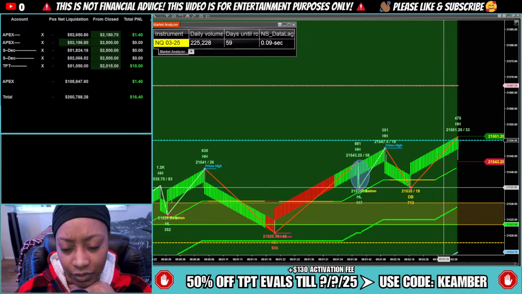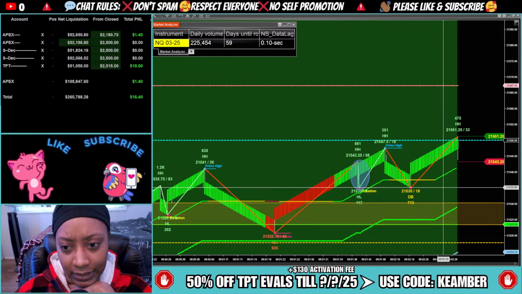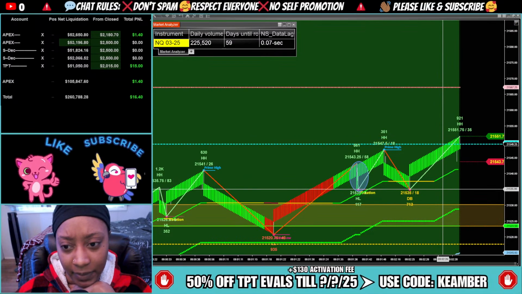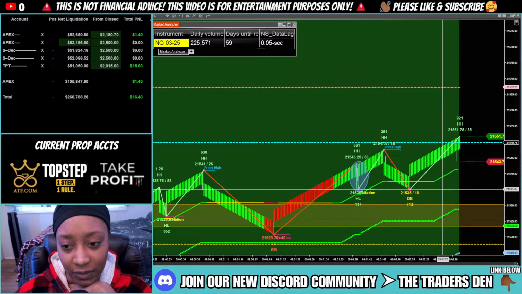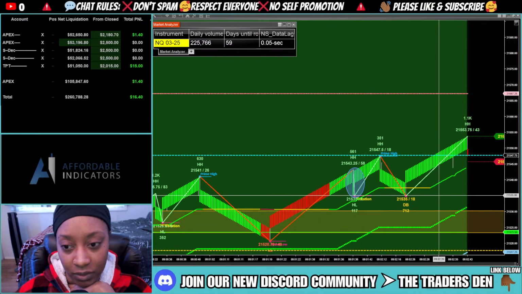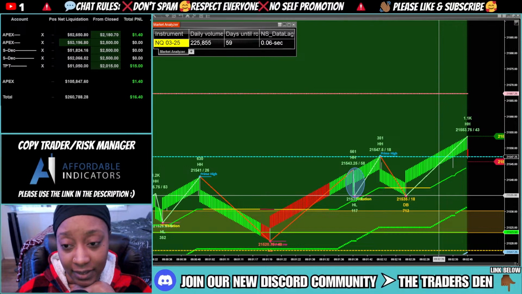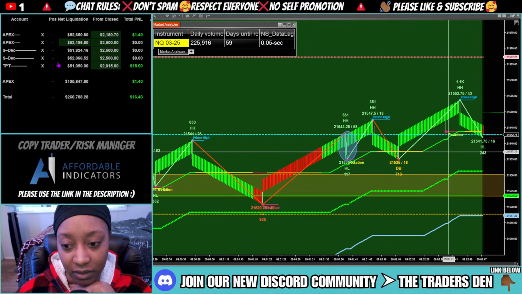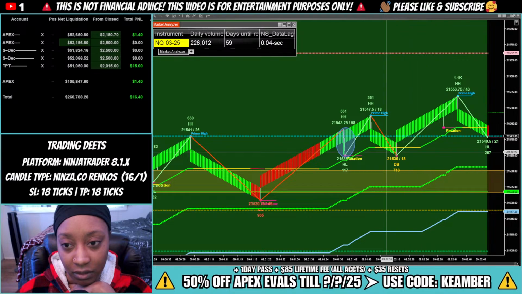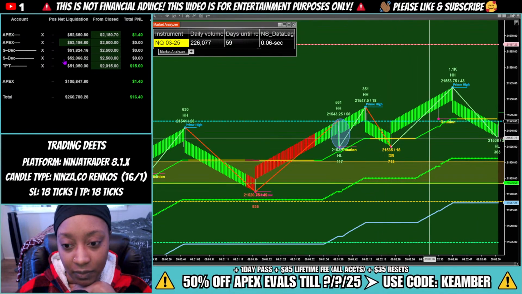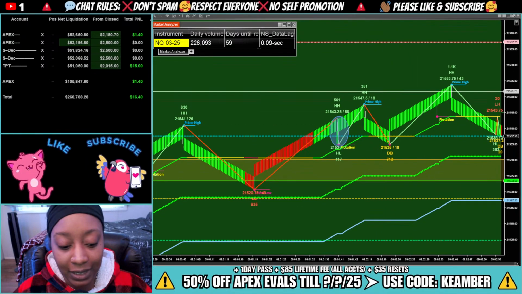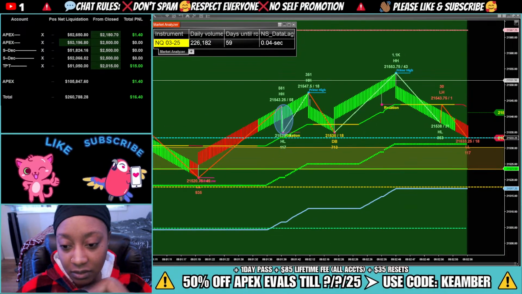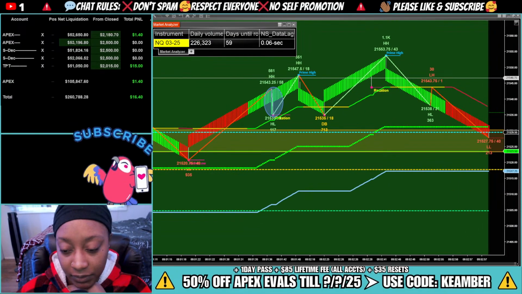I've only taken one trade. It was a break even, and somehow, some way, my Apex account did not automatically pull me out as funded. I was less than $400 away, and I went 17 ticks in profit, which means I had way more than enough for it to take me out. So I don't really know why my risk manager didn't take me out of the trade, but whatever.